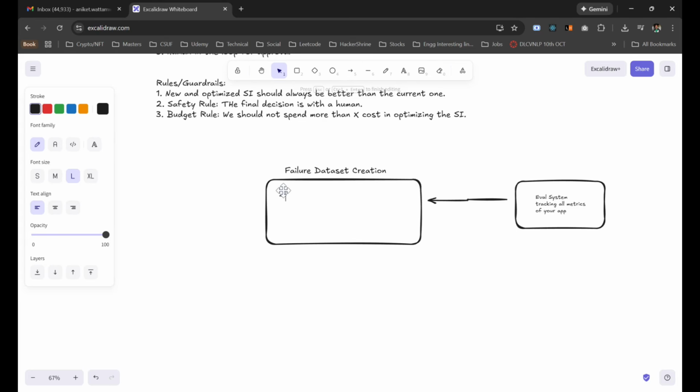The decision you can make is that everything that had a score less than 0.5 is not a good response in any of the domains. Just take that, that is one of the ways you can create a failure data set. And then we group them, we cluster them rather,